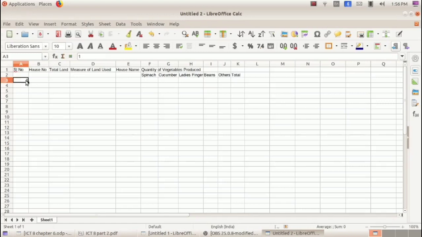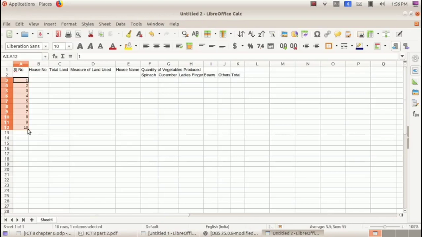Now we have to select this first cell again. Here we can see a small rectangular dot. Bring the mouse pointer on that, then we can see a plus sign. Click and drag the mouse up to which number we have to add. So we have to add up to 10 numbers. After reaching 10 cells below 1, release the mouse. Then that column will be automatically filled. And this is known as the fill handle.